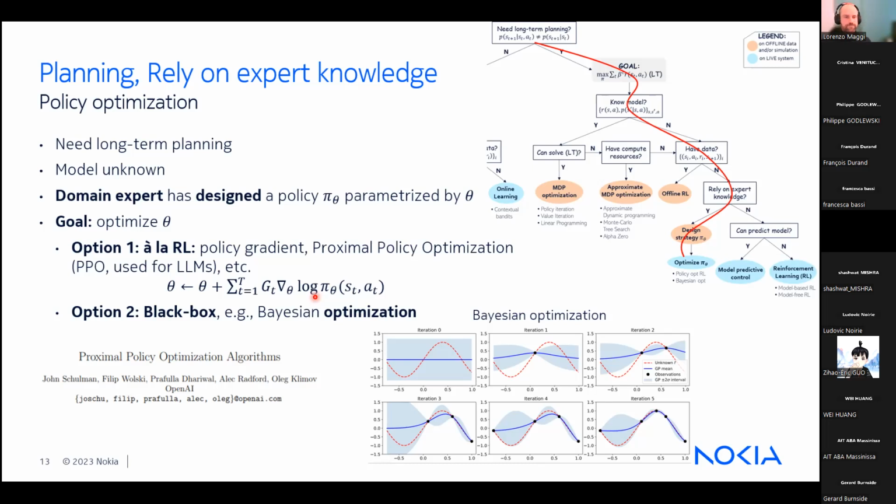Option 2 is to forget that there is a Markov decision process under the hood, and just treat it as a black box problem. So you apply pi theta and you obtain a certain long-term reward. And this black box problem, at least something that I'm quite acquainted with, is Bayesian optimization, where basically you start